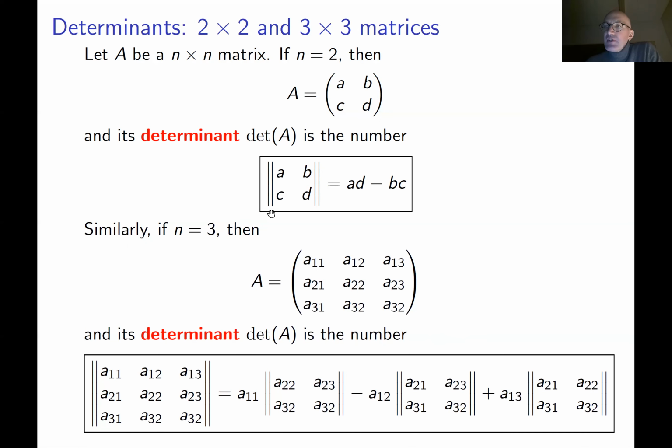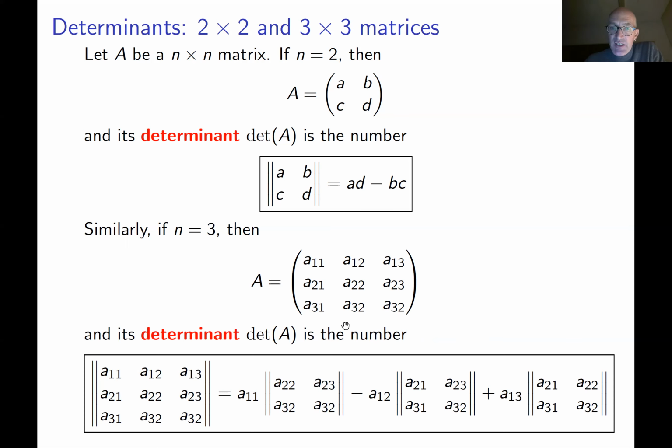Okay, if now you consider a 3 by 3 matrix, then you can define the determinant using this formula, and this formula also gives you a nice pattern. Namely, look what this formula is. We take the first row of this matrix. You see a11, a12, a13 is the first row, and then we write down the following interesting looking sum. We take a11, and then we multiply a11 by the determinant of the matrix obtained from A if you remove the first column and the first row.